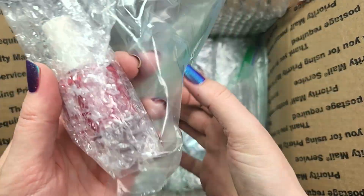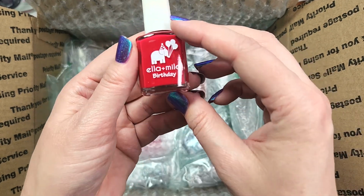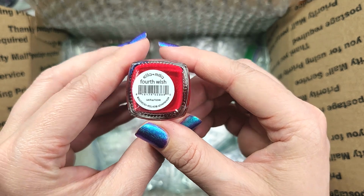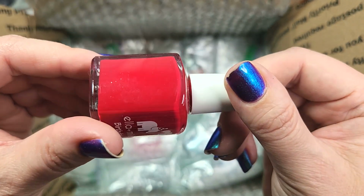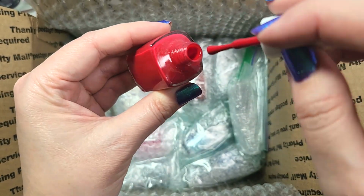ooh, I think we have an Ella and Mila. Yeah, this one is called The Birthday is, I guess, the collection, and it is called Fourth Wish. This one is a like cherry red cream. Now I will have to see how I like this one on, but so far I do really like the